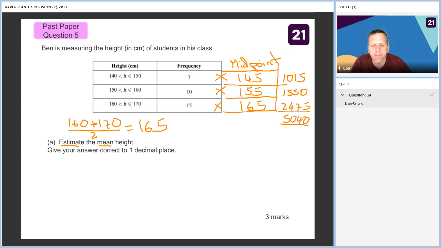And we need to divide by how many we have. And that means the total frequency. So we need our total in here as well. So our total frequency is 32. So we've got 5,040 divided by 32, which gives me